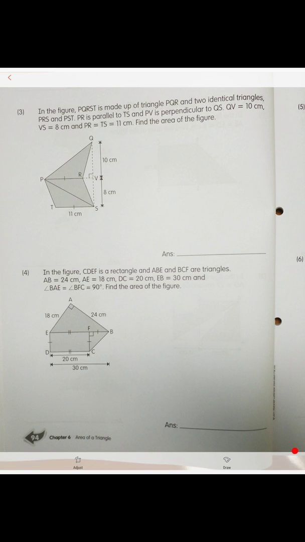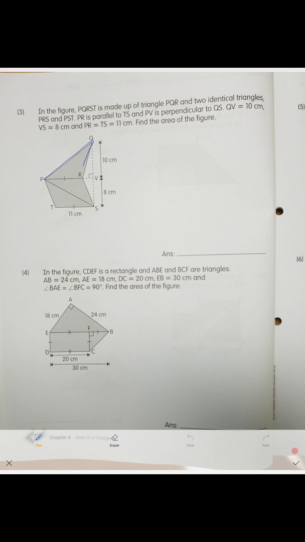Okay, next problem. Look at your figure. Everything is pretty straightforward. You need to calculate three different areas: the area of the first triangle, the second triangle, and the third triangle, and you just need to calculate them separately. So let's start with this one, triangle